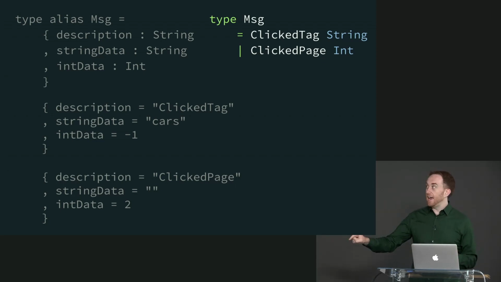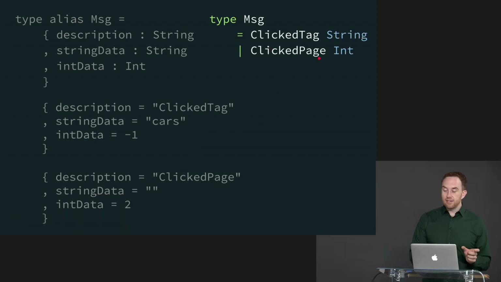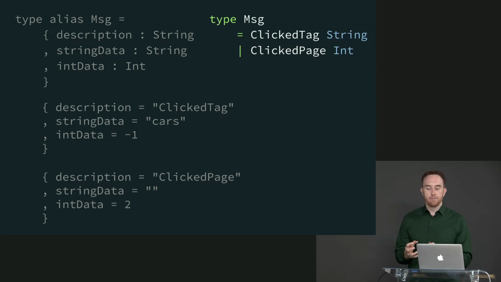Either the user clicked a tag, in which case not only do we know that they clicked it, we also know which tag they clicked because we have that string held onto inside the message, or they clicked a page, in which case we have an int representing the page they clicked. If we add more types of interactions, that's fine. We can just keep adding variants, each of which holds exactly the additional contextual information necessary for update to do